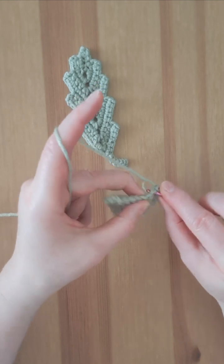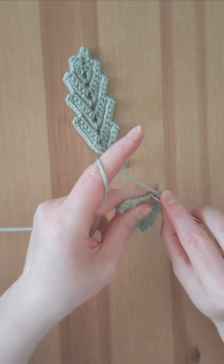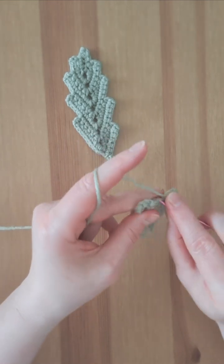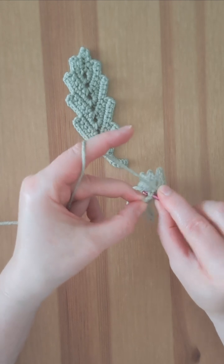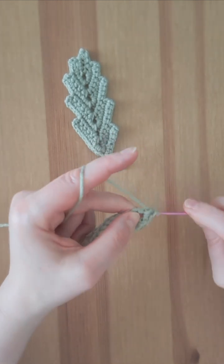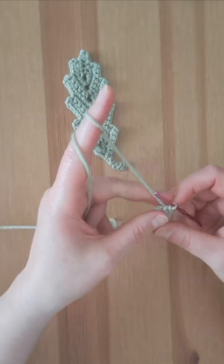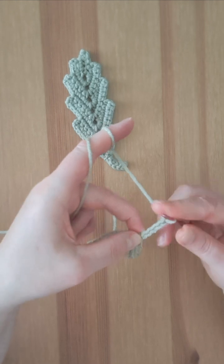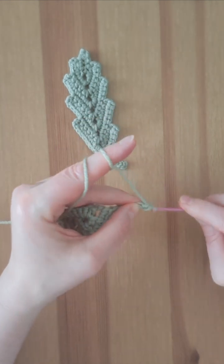Turn, 6 single crochet, plus 1, 7, 2 single crochet into the loop, now we chain 5, and 4 single crochet back to the loop,